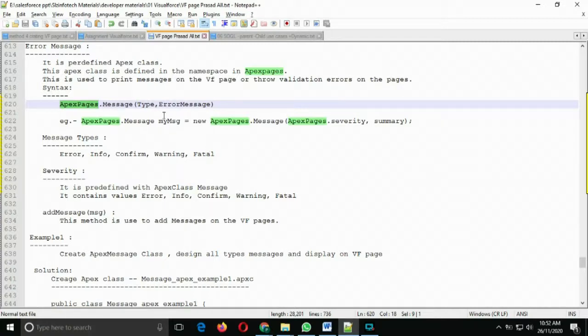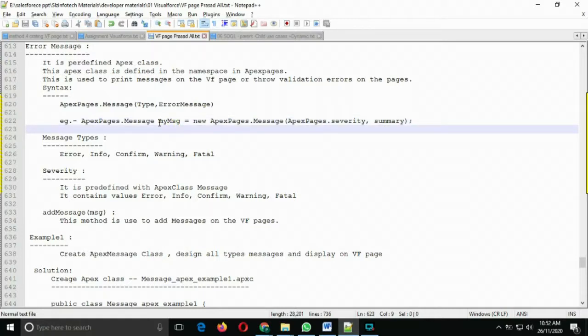Okay, for example, this is the namespace Apex pages dot message, and my message, this is the user variable. We can use anything, ABCD, XYZ, anything. This is the user's choice, and we are allocating space to this variable to make it available to use in designing the Apex pages.